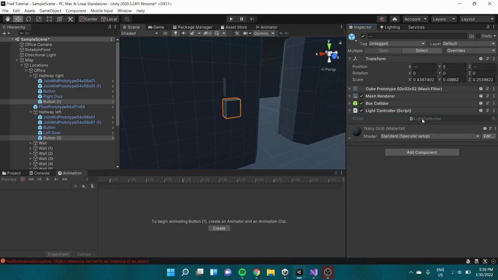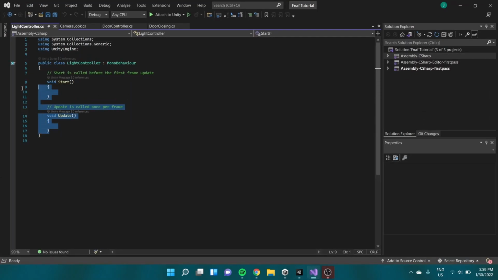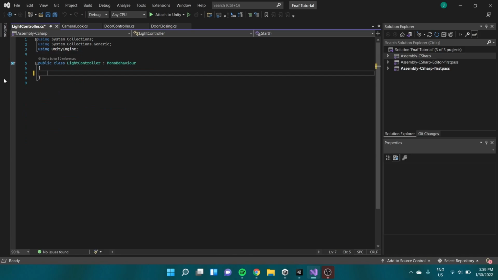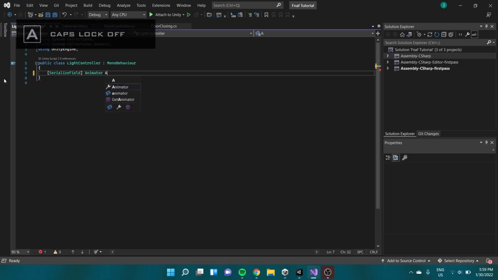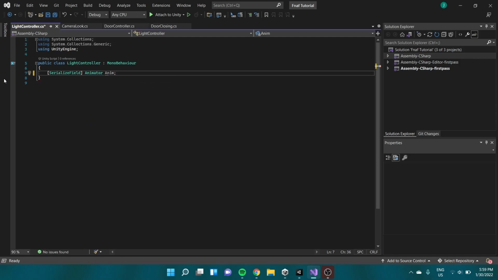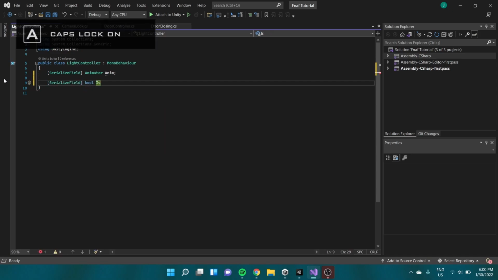Open it, and now we're going to be having a serialized field, animator, called anim, and really that's all. We're going to be making a bool called is turned on,